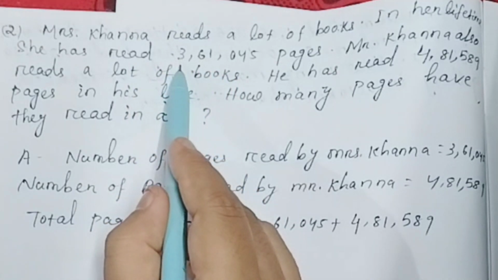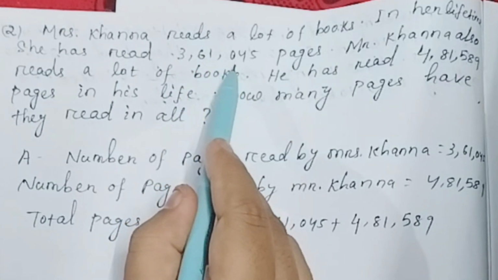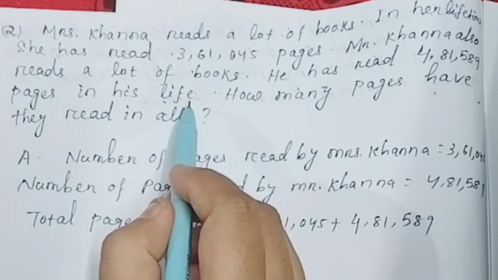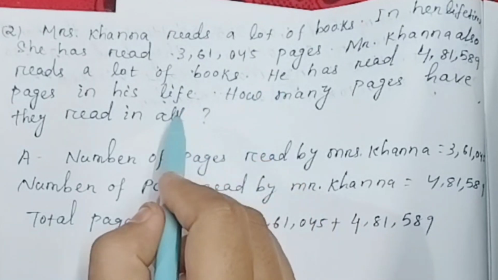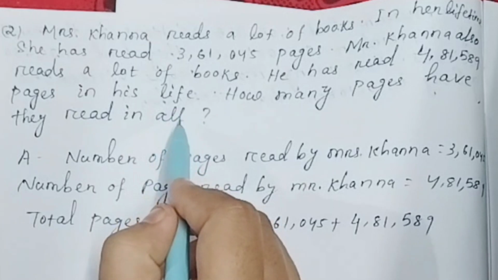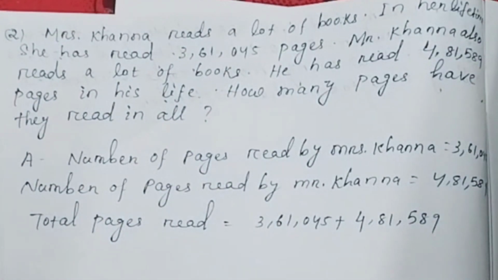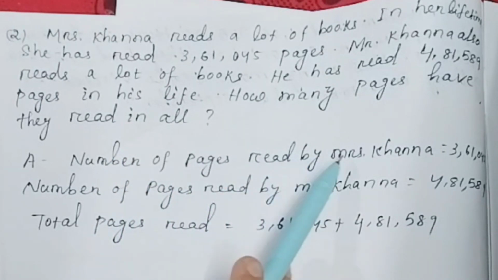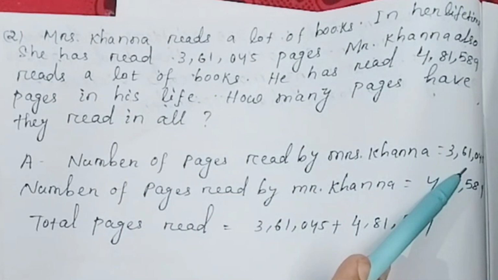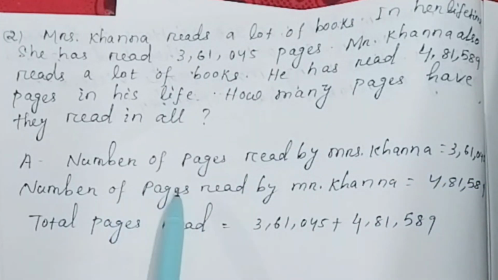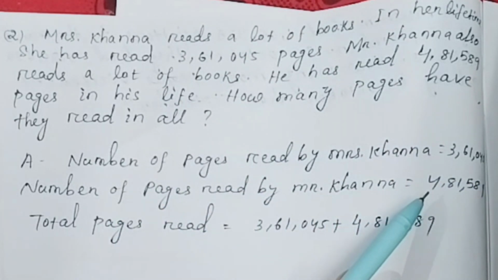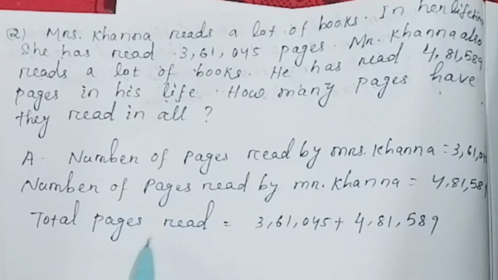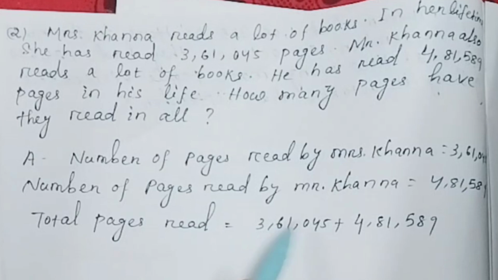Mrs. Khanna read 3,61,045 pages and Mr. Khanna read 4,81,589 pages. So both they read equal to in all, means you know that it will be add. So how to write the word problem? First of all, number of pages read by Mrs. Khanna equal to 3,61,045. Number of pages read by Mr. Khanna equal to 4,81,589. Now total pages read equal to, you will add these numbers,